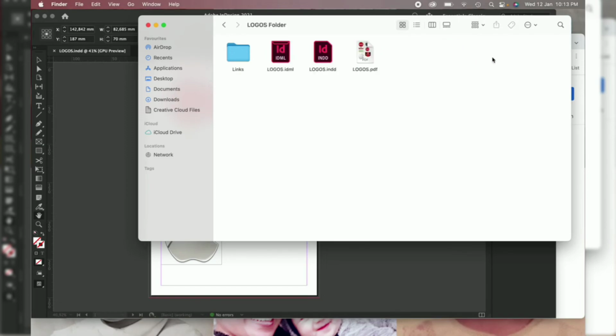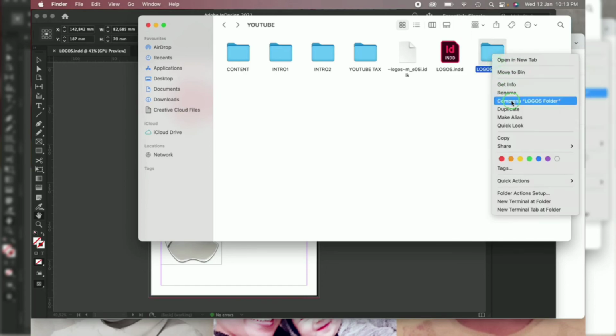Let's open it. You see, it's complete with the PDF, the InDesign file and the IDML, and also the links where you get the images. If you would like to send it to your friend so that he can help you edit it, you have to send this one. But since this is a big file, it's difficult to send through email. So what we have to do is right click with your mouse. I use two fingers on my touchpad